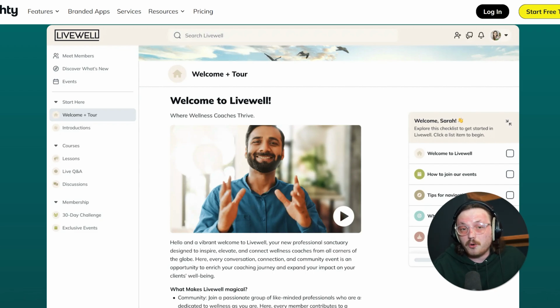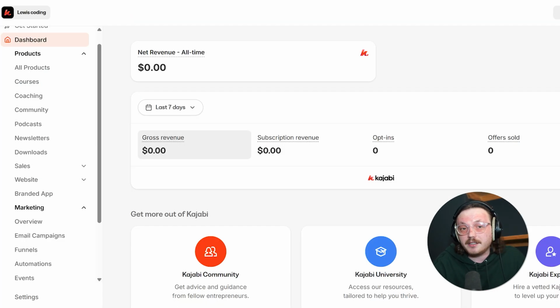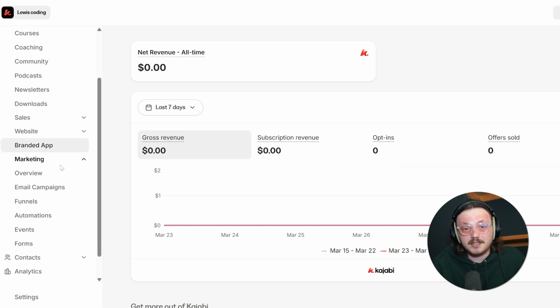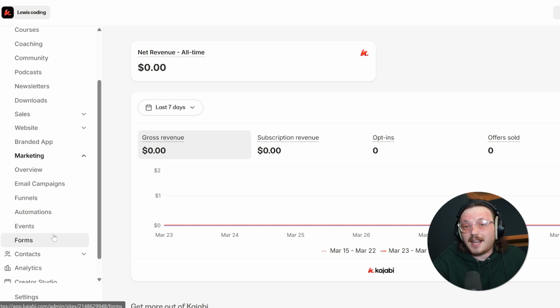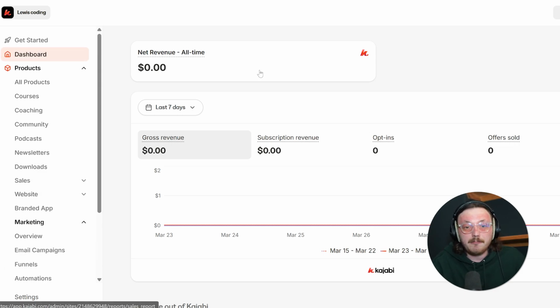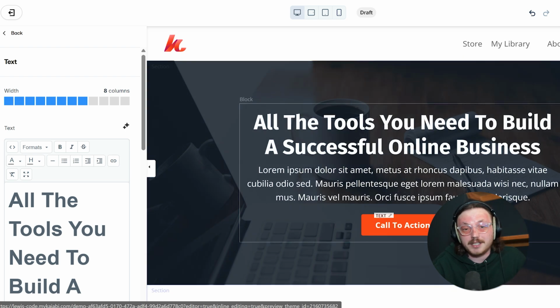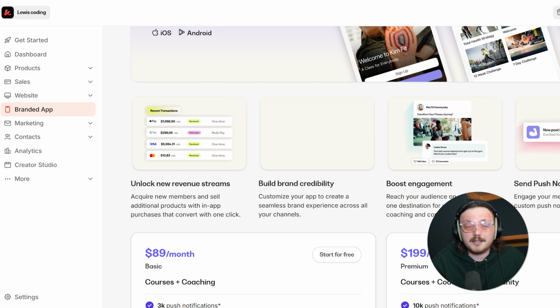It's great if you want your members to feel like they're part of a growing, active network that changes and improves with their input. On the other hand, Kajabi is a more structured and business-focused platform. When you log in, you'll see a dashboard that keeps everything in one place: your courses, marketing emails, landing pages, and sales funnels. Plus, the website builder is really strong. You can quickly create custom landing pages and blog posts without any issue. Kajabi also has a branded mobile app, though it's newer compared to Mighty Networks' well-established mobile experience.